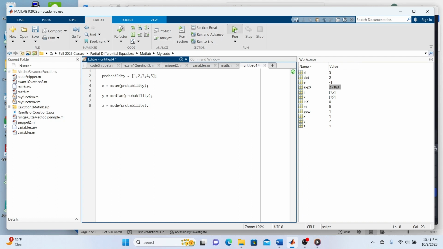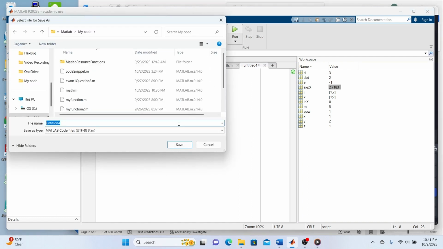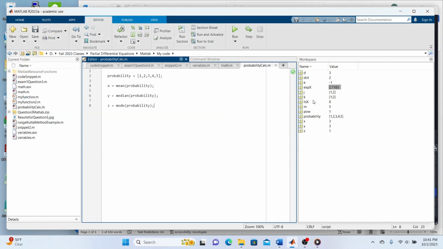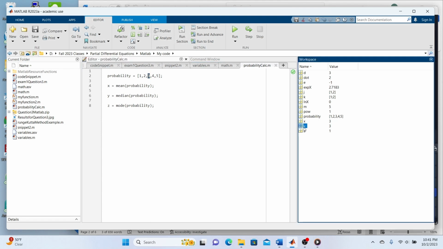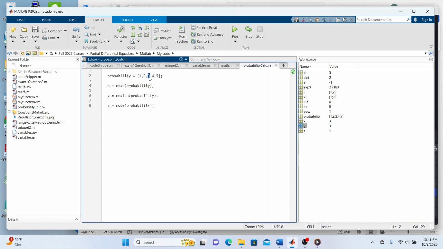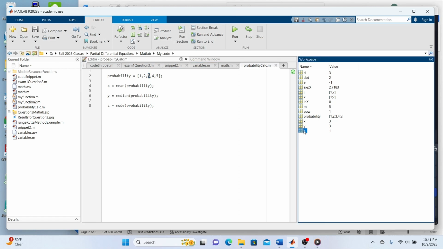And if I click run, it's going to now display these results right down here. So the mean or average in this case is 3. The median, which is stored in y, is also 3, which makes sense because 3 is right in the middle of this data set. And the mode, in this case,